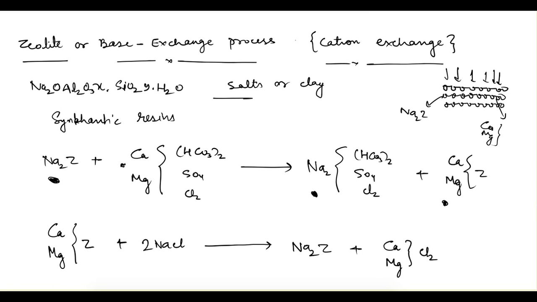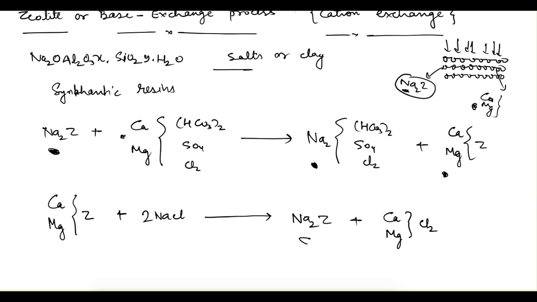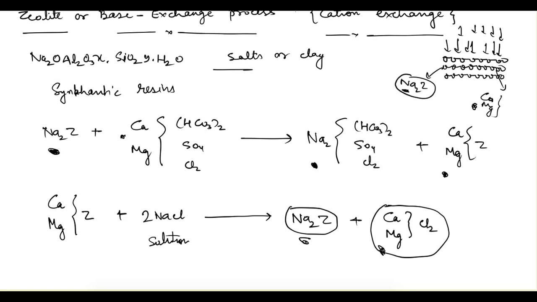Once filtration has been done for some time, all of the sodium in the zeolite will have been replaced by calcium and magnesium. We can obtain our sodium back in the zeolite bed. What is done is that sodium chloride solution is filtered through the bed. The sodium will replace the calcium and magnesium, which will go away with the water, and in our zeolite bed we will again get sodium zeolite. So it can be reused.